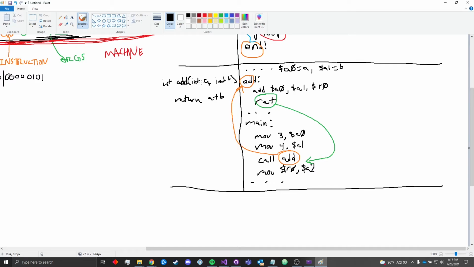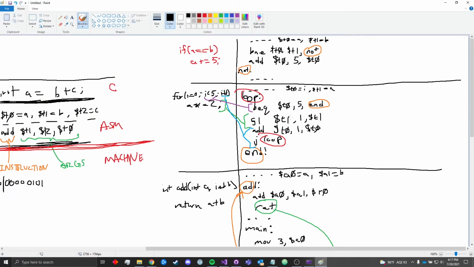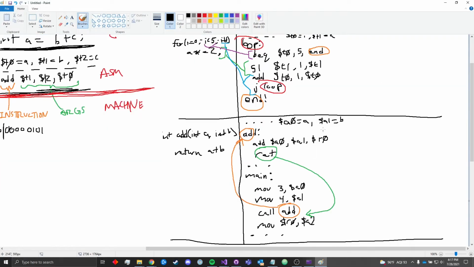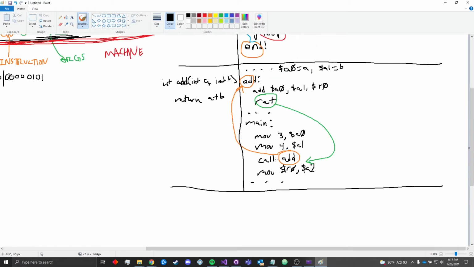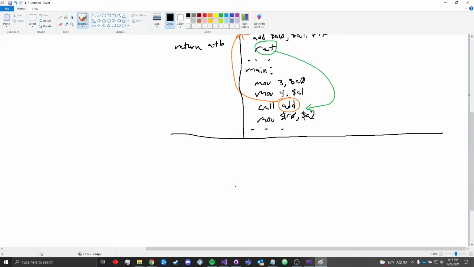The point is just that enough needs to happen there that this function in itself will need to use registers. It's going to have to use these T0s, and it might call functions of its own. It might put things in argument registers and call other things. Those things do certain things. I think a natural fit example here for sorting and recursion would be merge sort, where it's calling itself with these different values. This is where the stack needs to be used. And the reason for this is,